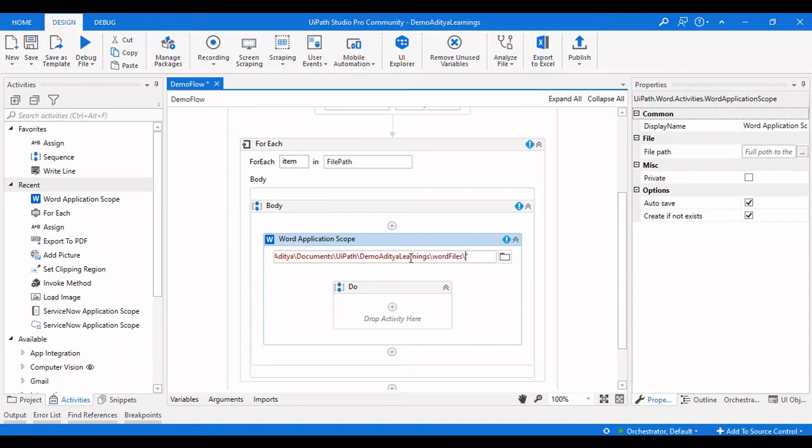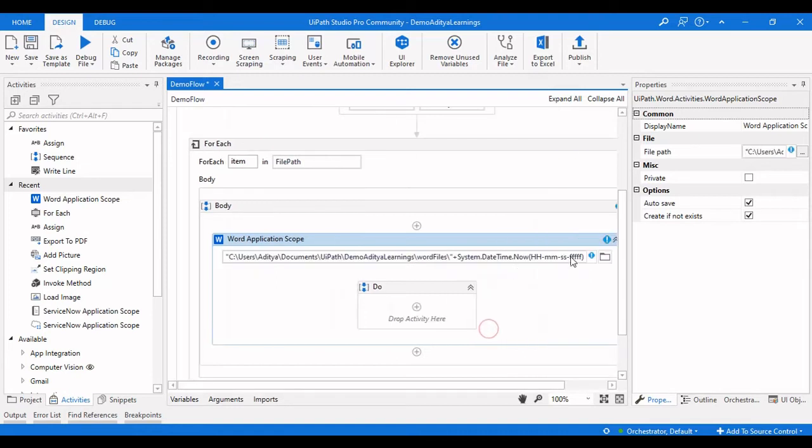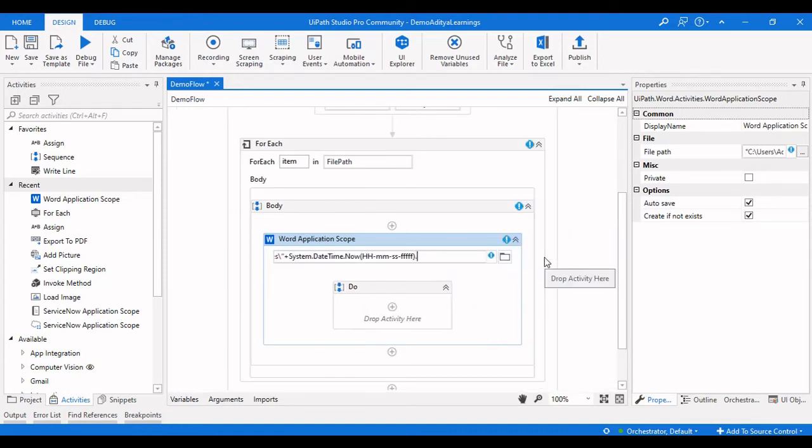So we need to give that as System.DateTime.Now, and we need to make it, let us say, I will save this with hours, minutes, seconds, and milliseconds as well. This is how you save a file with hours, minutes, seconds, and milliseconds.